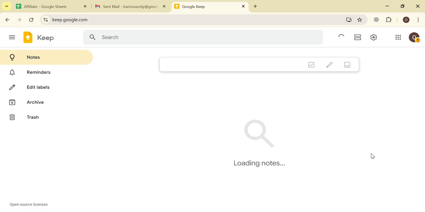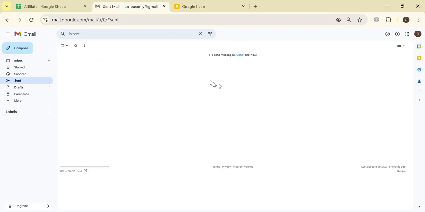So right now we are at the website of Google Keep Notes. This is the URL of the website, keep.google.com. From this section you can access Google Keep. But if you want to access Google Keep in the Gmail section, you can also access it from this right column. As you can see, this is a bulb icon. You just simply click on this and it will display Keep. This is basically Google Keep.